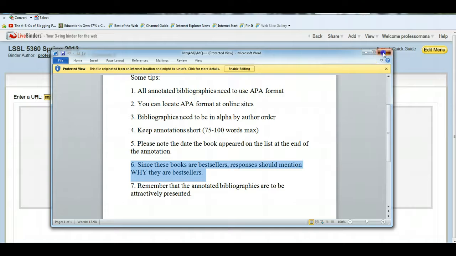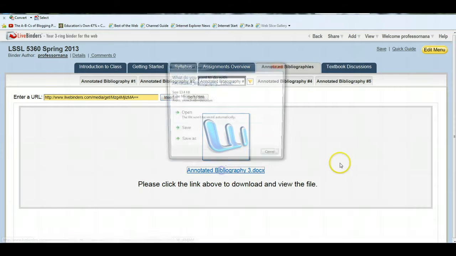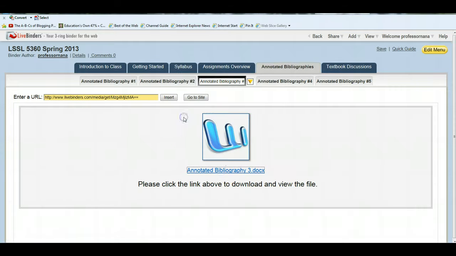So for each and every one of these annotated bibliographies, I've given you tips to help you be successful at producing them. Remember that all of them are to be presented as if you were to hand them out to kids, or to give them out to parents at a parent night, or to give them to teachers to get them to look a little bit more at each and every one of these awards. And so they should all be a little bit eye-catching in terms of, gee, that's something I think I'd like to read more about, instead of just simply